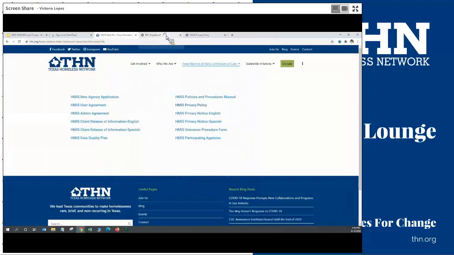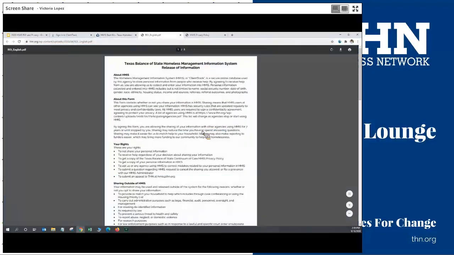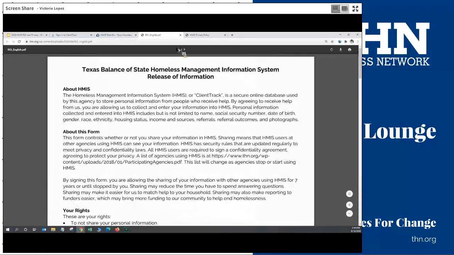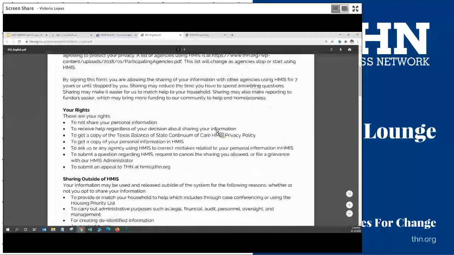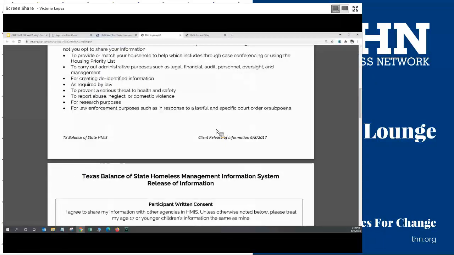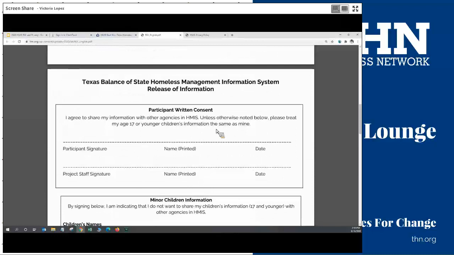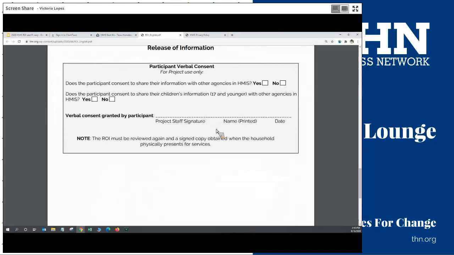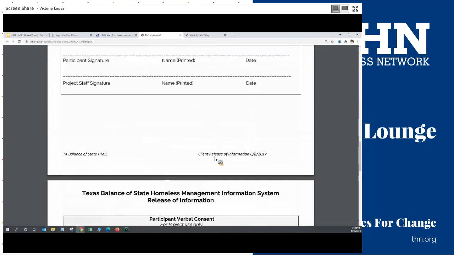All right, let's hop into the release of information. So this is the paper version of the ROI. It's 3 pages long, but again, you'll see that the text is really just focused on the first page. And the second and third pages are where we actually get client signatures and staff signatures.